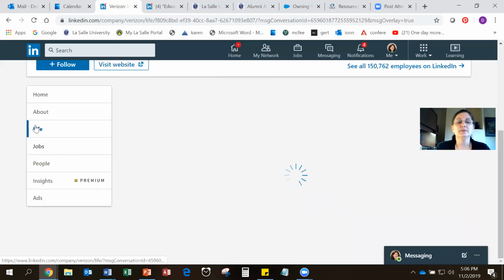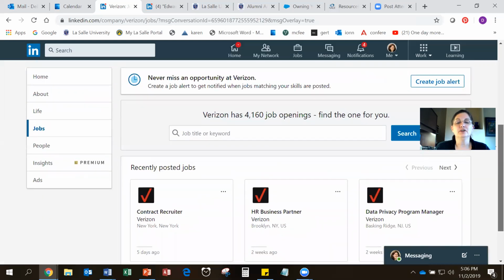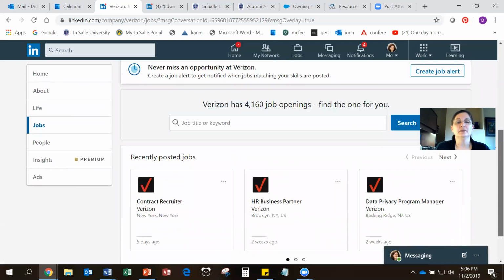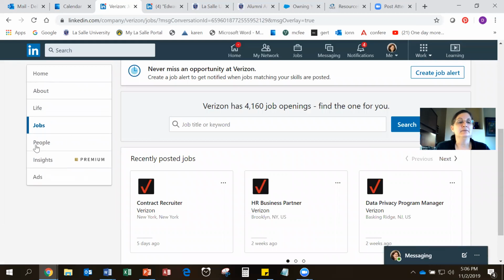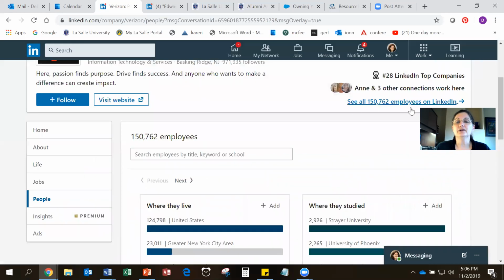If they post jobs on LinkedIn, the Jobs tab will provide you the ability to see what kind of jobs and do a search there. The tab on the left here that we're particularly interested in is this People tab. So as I said, right here it tells us there's